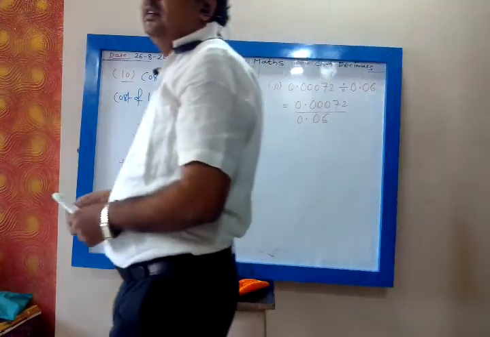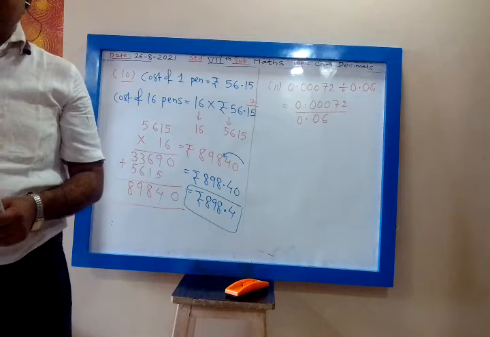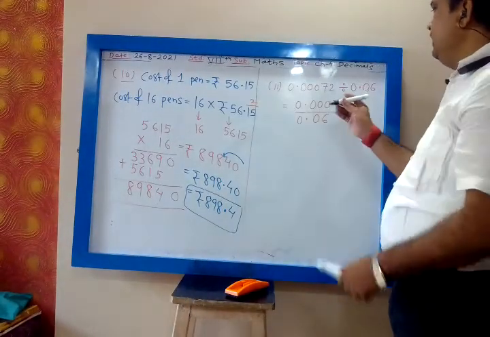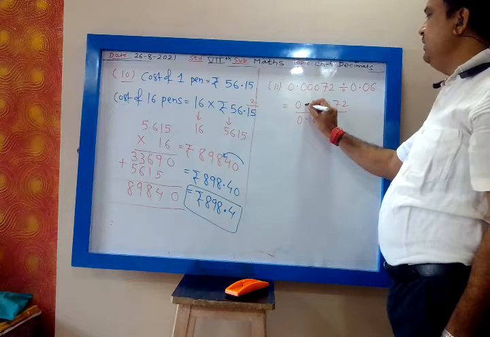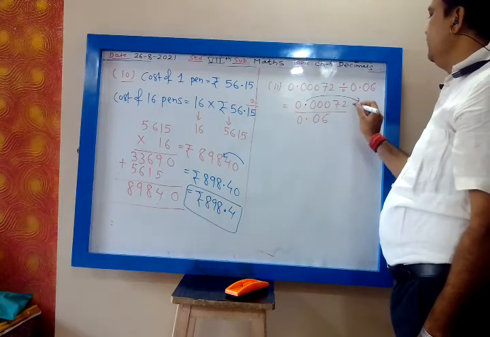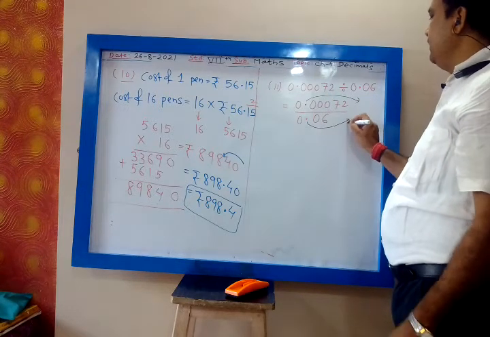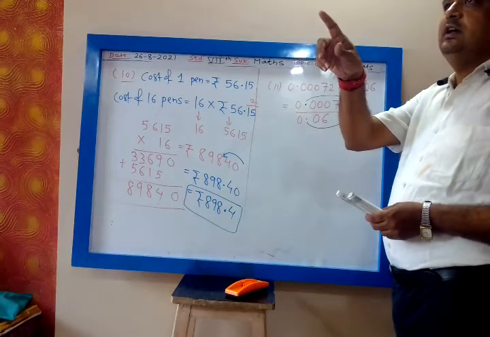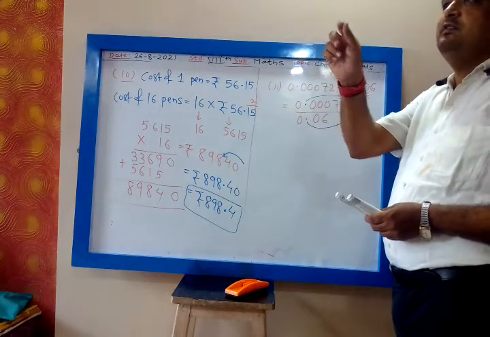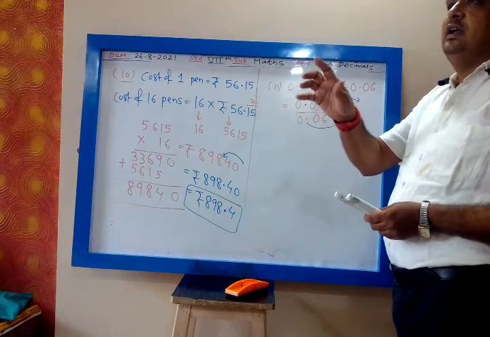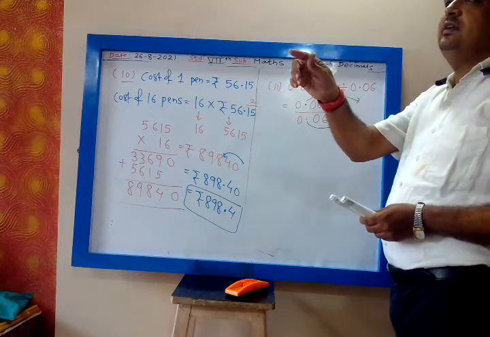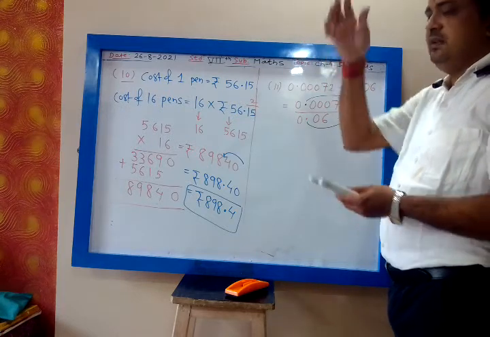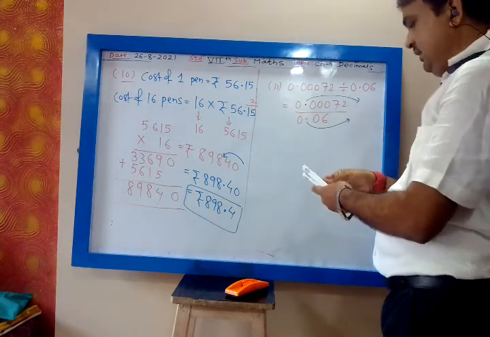One minute, my dear. Don't do it that way. Now you remove the decimal from there. But when you remove the decimal of the numerator, however many digits you have removed, that many zeros should come in the denominator. And if you are removing the decimal of the denominator, however many digits you remove, that number of zeros should come in the numerator. That is the rule. Okay.